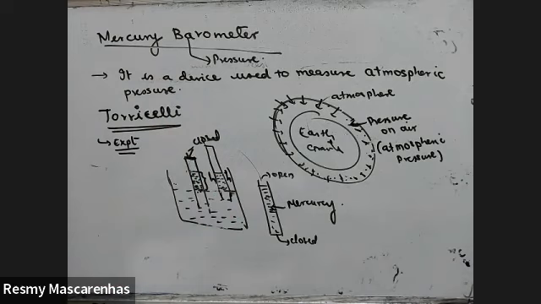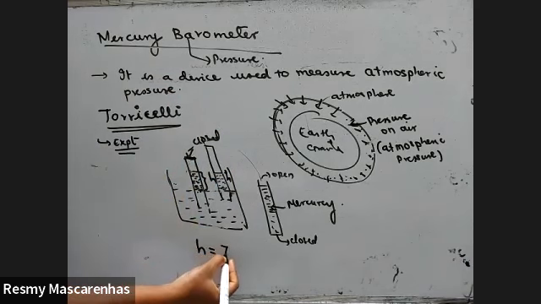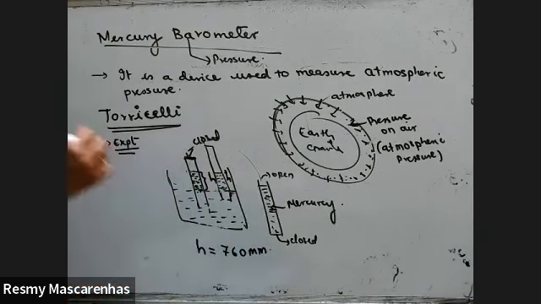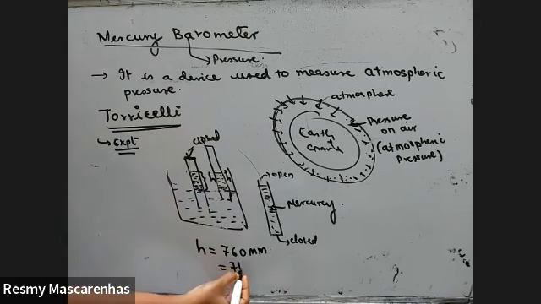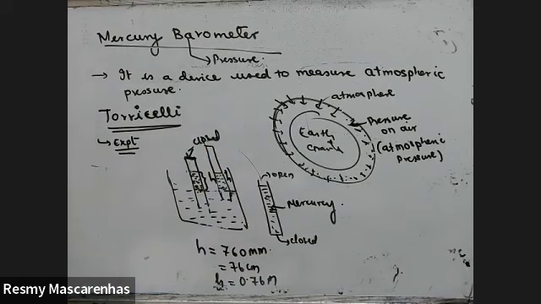He calculated the height for all the experiments, and that height turned out to be 760 mm, which is the same as 76 centimeters or 0.76 meters. So he saw that the mercury height always remains the same. Why was this happening? Because